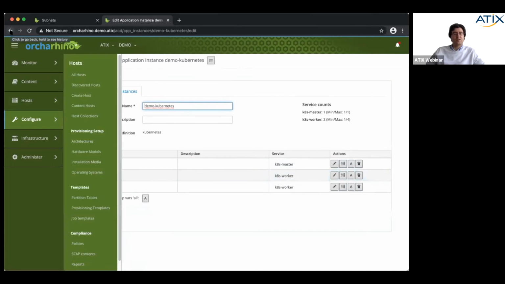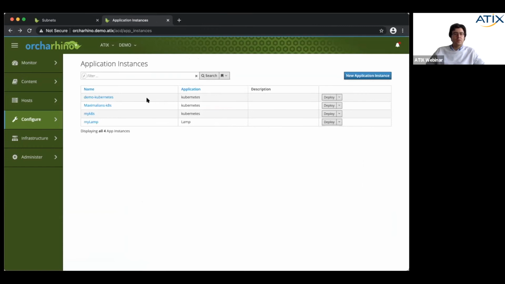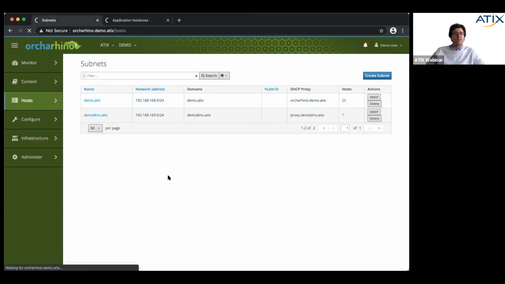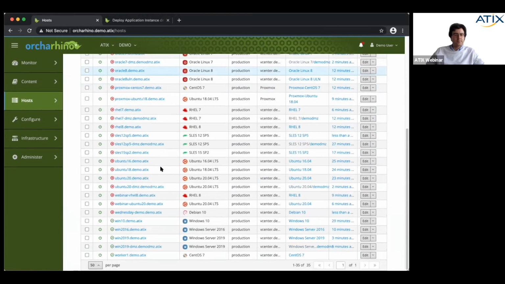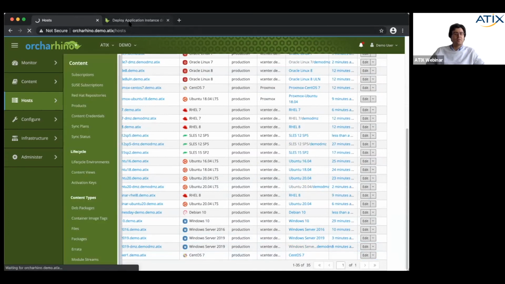And if you want to roll out this cluster, it's quite simple. You can just go here, you click on deploy, and now the servers will be on the run. Let's wait a few seconds until it shows up here. You can also have a look now at the general overview, because then the servers should show up over here. So we see the master already is being built. Worker 1 is being built, and worker 2 is just in the queue and is about to be built.